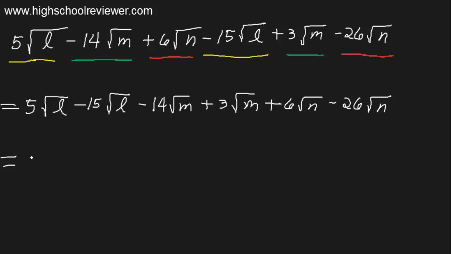5 minus 15, that is negative 10 square root of L, and then negative 14 plus 3, that is negative 11 square root of M, and positive 6 minus 26, that will be negative 20 square root of N. So we cannot combine this anymore. Negative 10 square root of L, negative 11 square root of M, and negative 20 square root of N, they are our final answers. Our next problem, we have square root of 5 over 3